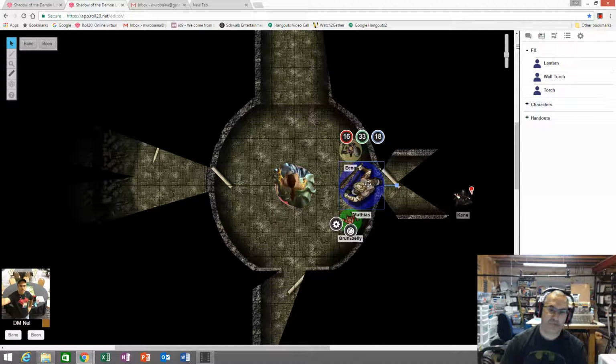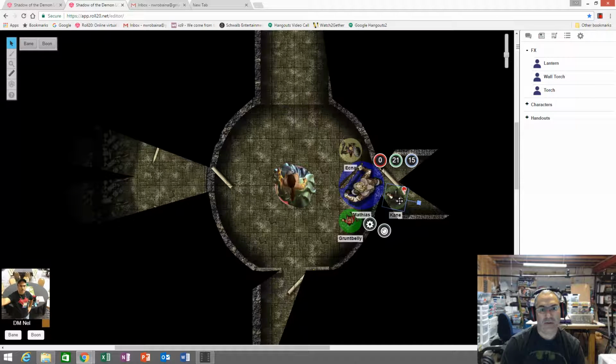And then once the PCs managed to kill the Bloody Bones with the demons' help, the demons turned on the PCs. Now at this point, the PCs were again pretty damaged, and there wasn't a whole lot more that they could take. So with 3 demons in here, even though they were tiny demons and not doing very much damage, they could still probably hit the heroes more often than the heroes would be hitting them, because again, the players were rolling terribly. So I decided instead of fighting the heroes, the demons are going to start messing with them.